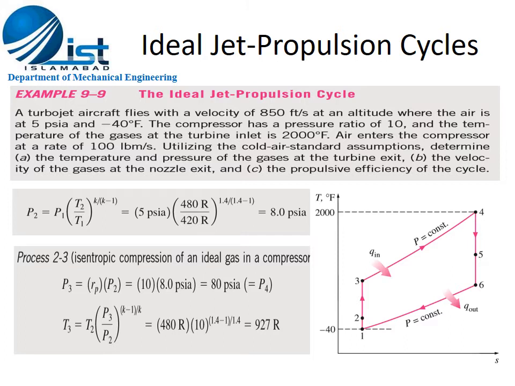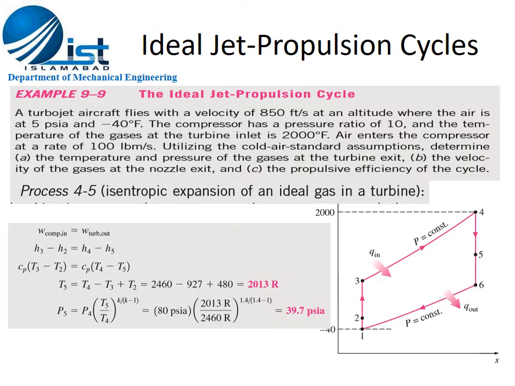Now one thing should be remembered, that process 3 to 4 occurs at constant pressure heat addition. So the heat addition process occurs at constant pressure. So pressure at point number 3 will be equal to pressure at point number 4, which is 80 psi. So point number 4 pressure is also calculated. Now we have to find out temperature at point number 3. We can use the relation of pressure and temperature. T3 by T2 is equal to (P3 by P2) raised to K minus 1 divided by K. Putting all the known values in this relation, we find temperature T3 is 927 R.